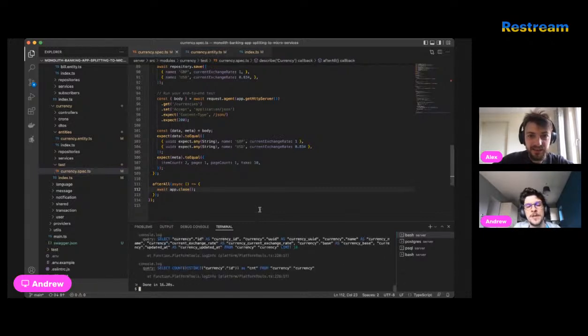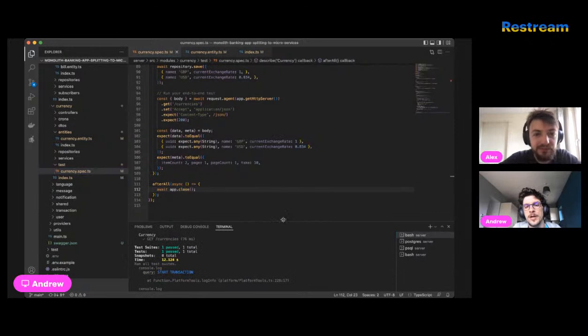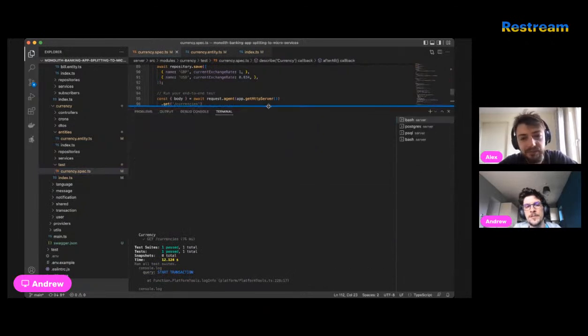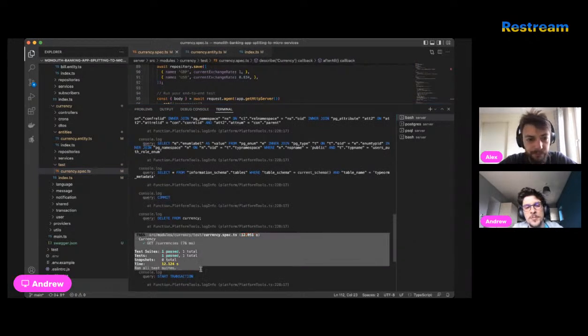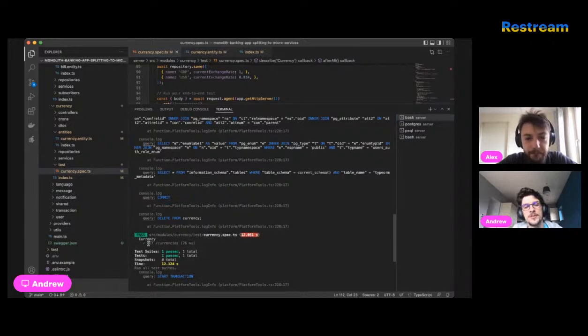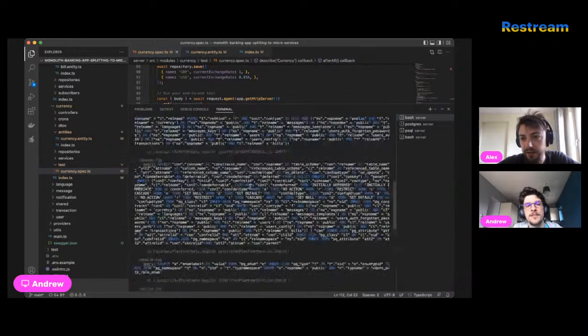Takes a lot of time. Yeah, so it's done. If I open this a bit wider and see what happens, this is basically the information provided by Jest. So we tried to do get currencies, and we have one test passing. Nice. Yeah, very nice. I mean, it doesn't sound exciting, but it took us some time to figure out how that all works in the NestJS environment. So that's a cool result so far.